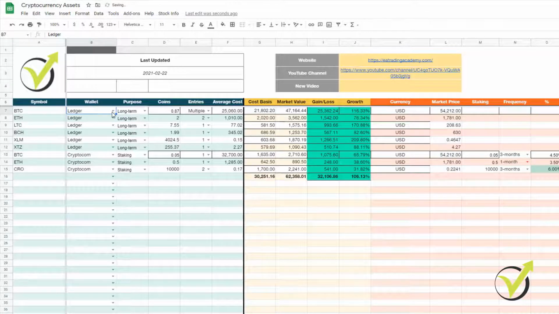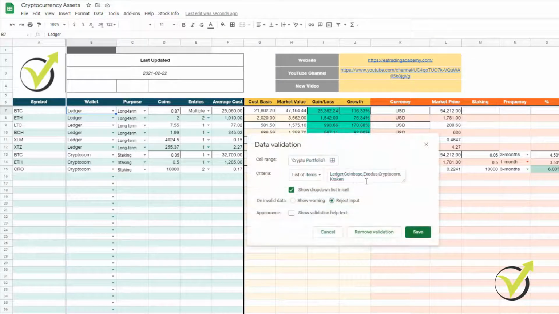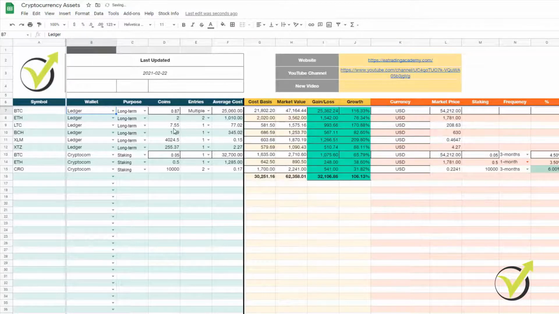Now if I press the arrow, you will see that Kraken is over here. So this way you can make it work for you by entering which exchanges or wallets you use to keep your cryptocurrency.